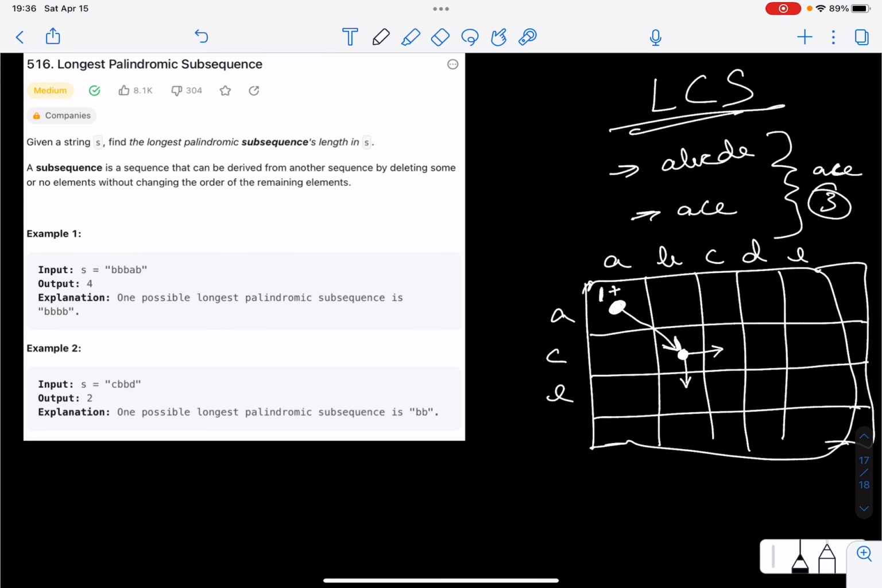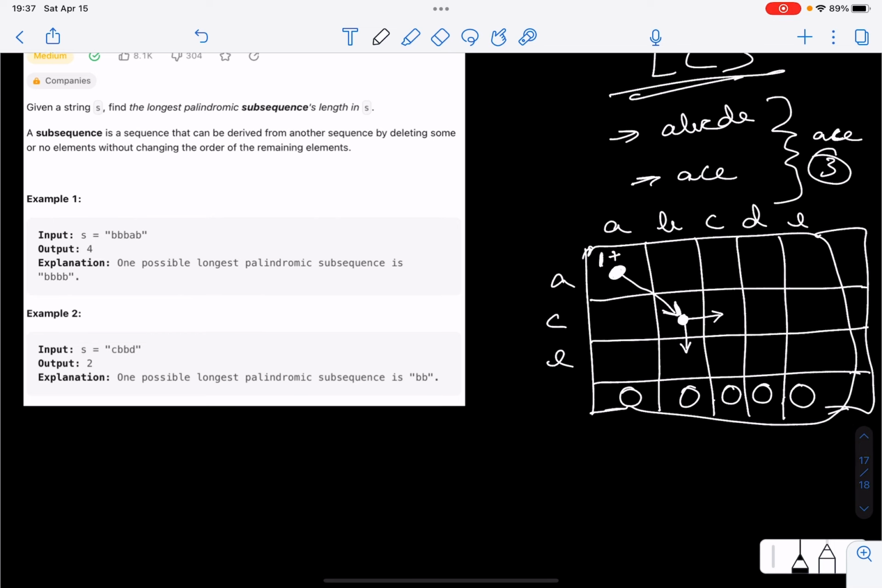And another thing to note over here is we have two columns. Here there's nothing, it implies an empty string. So let's say we are at this cell, it implies we are trying to find the longest common subsequence between an empty string and A, B, C, D, E. So the longest common subsequence of an empty string and anything else is nothing, right? It's 0. So we have a 0 over here,